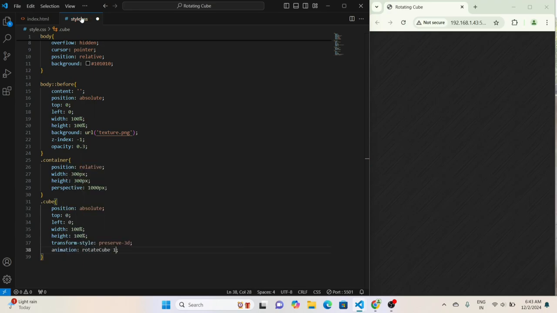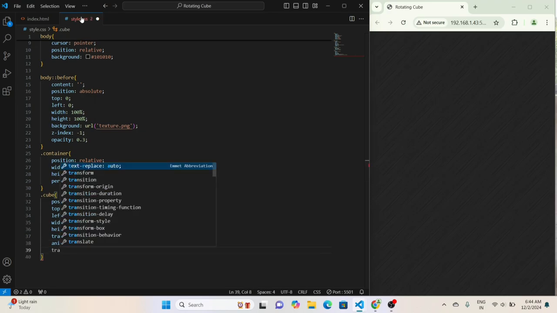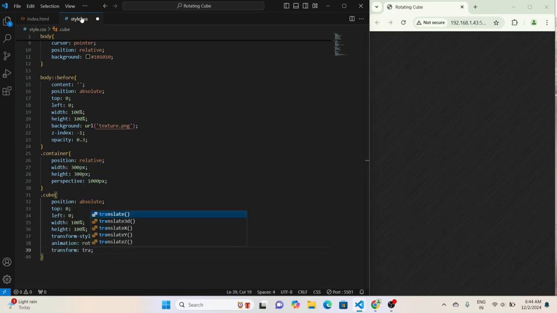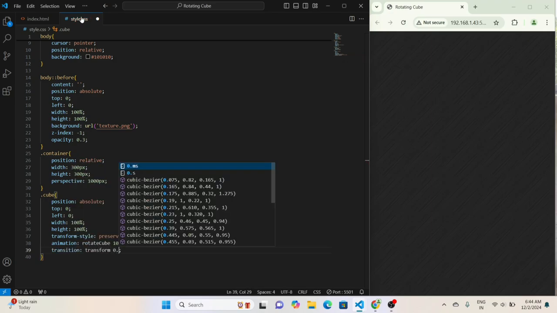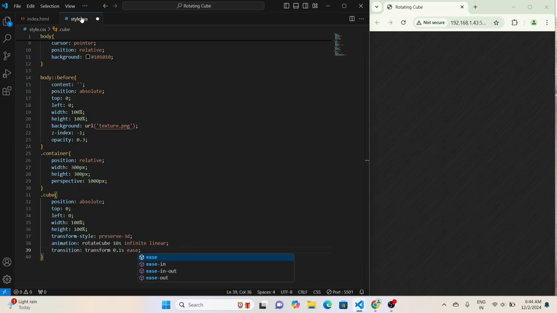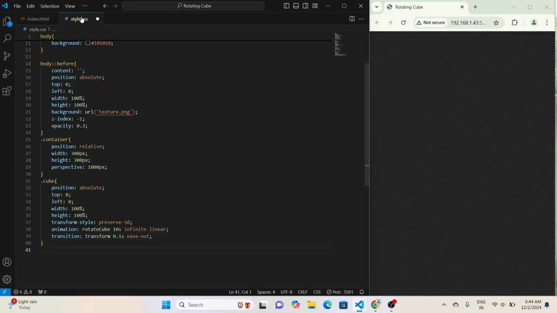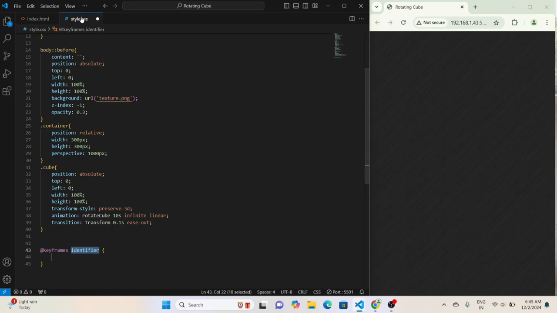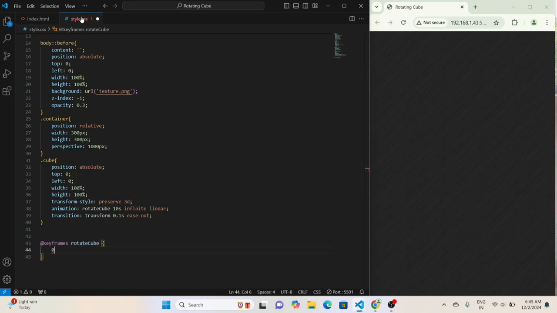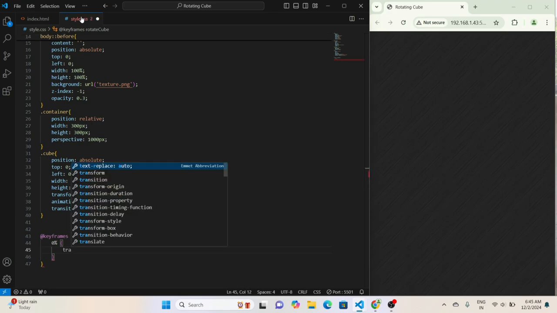We'll also add an animation for rotation. We'll use keyframes to define the rotate cube animation. The cube will rotate 360 degrees along both the X and Y axes.